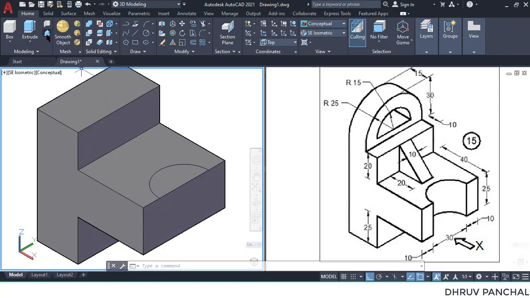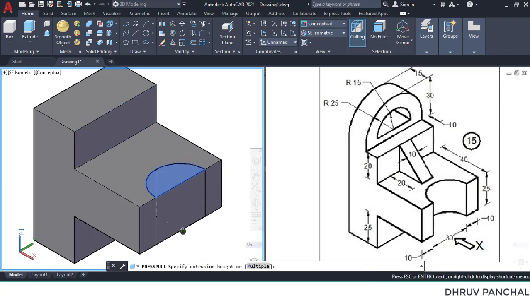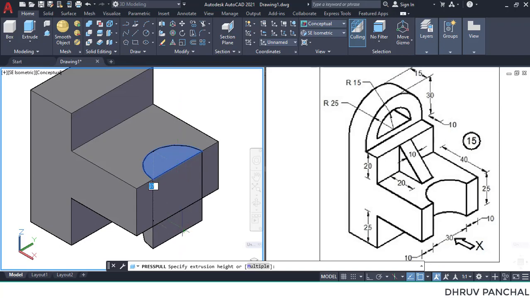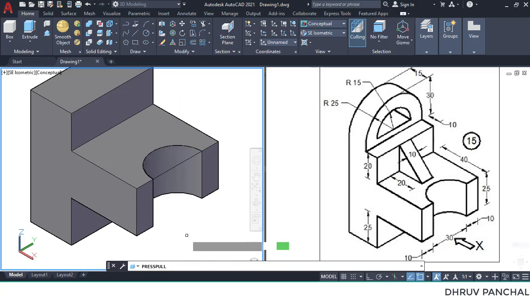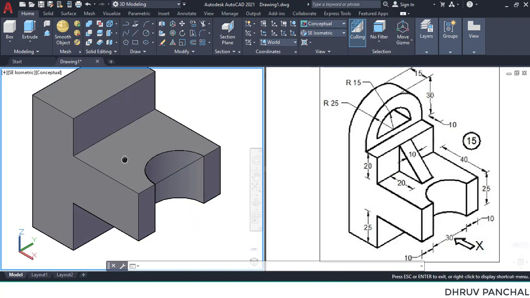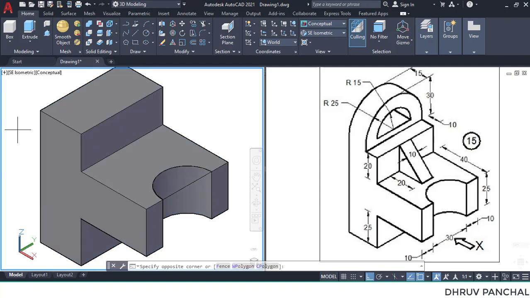So click on the press pull and select the region and give the direction toward the downward direction. So material will be removed from the object. Okay. Now drawing is also available. So select the drawing and press delete.